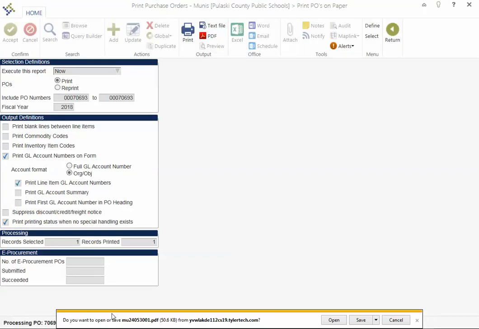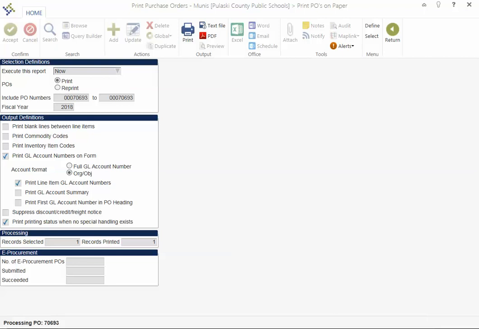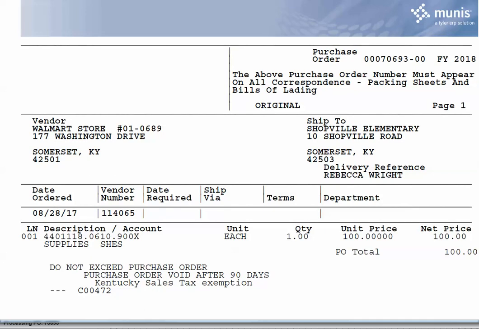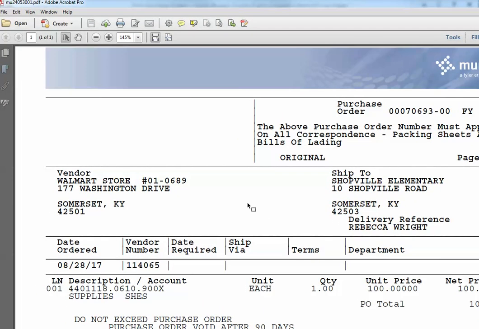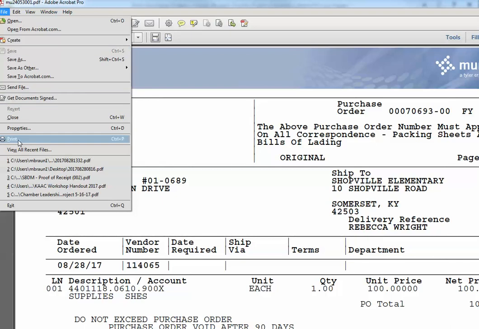And then you'll see the bar at the bottom. Do you want to open or save? So I'm going to open my PO. And here it is. It shows up right here. That's the way I want my purchase order to appear. So then once I'm in my PDF, I can do File, Print,